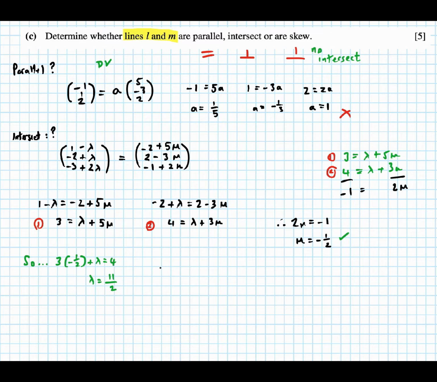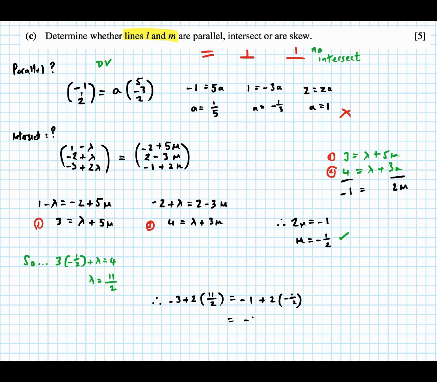So they're not there. Let's sub it into the k. Let's sub it into the other one. So minus 3 plus 2 times 11 over 2 equals minus 1 plus 2 times minus 1/2. And you get 2, so 8. Yeah, 8 is not equal to minus 2. Just making sure, yeah, 8 is not equal to minus 2. There's no intersection. So they're not parallel. There's no intersection. So just